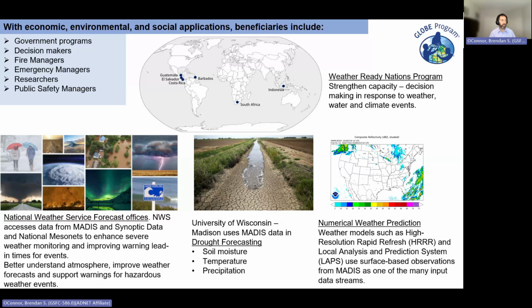And you can see on the map some of the countries that are involved include Guatemala and El Salvador, Costa Rica, South Africa, Indonesia. So these are just the very tip of the iceberg in terms of how the meteorological community use these complex data streams. And with the GLOBE program now feeding into that, we're just doing our little bit to provide more information and allow for more informed decisions and making it easier for the broader scientific community to gain access to the data.